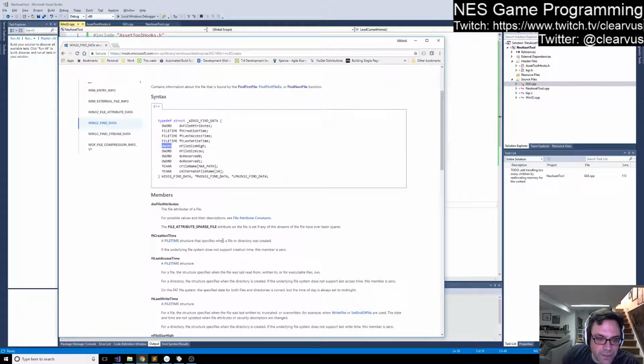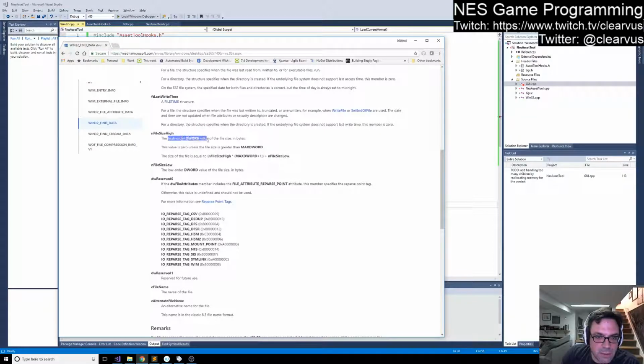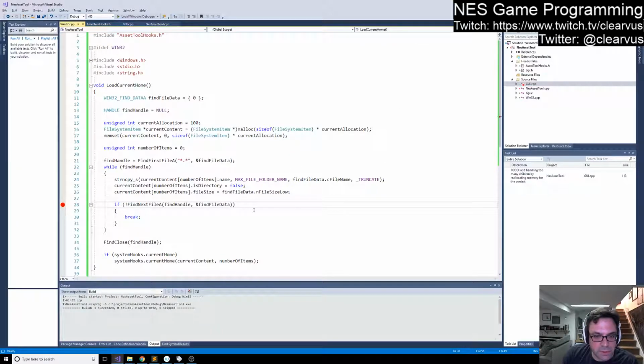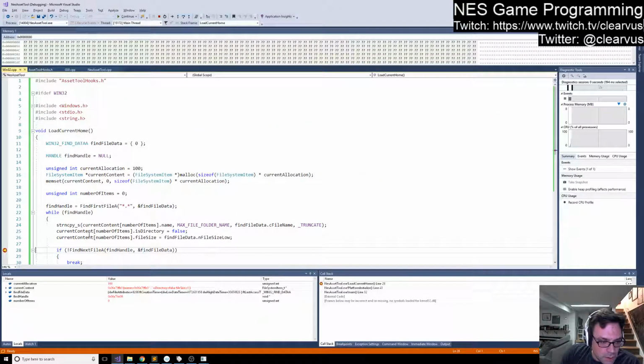DWORDs. You have the high order DWORD and you also have the low order DWORD of the file size. And they have this definition here where you can calculate what the actual total size of the file is. Again, I'm going to just stick with the low order DWORD. So if we now take a look at what we have in our current content,